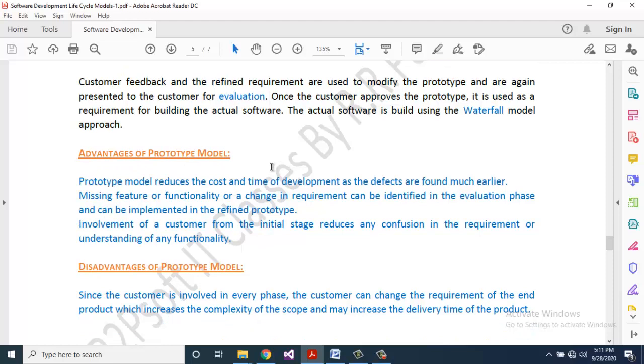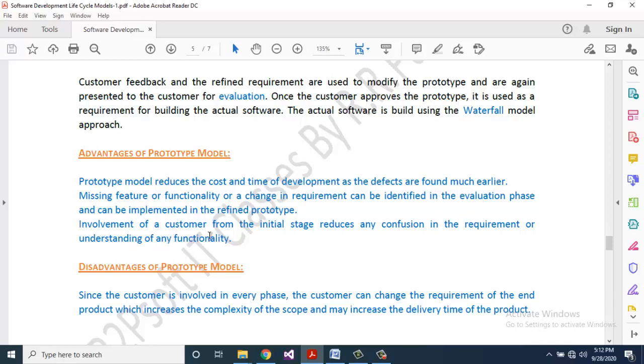Advantage of prototype model. Prototype model reduces the cost and time of development as the defects are found much easier. Missing feature or functionality or a change in requirement can be identified in the evaluation phase and can be implemented in the refined prototype.